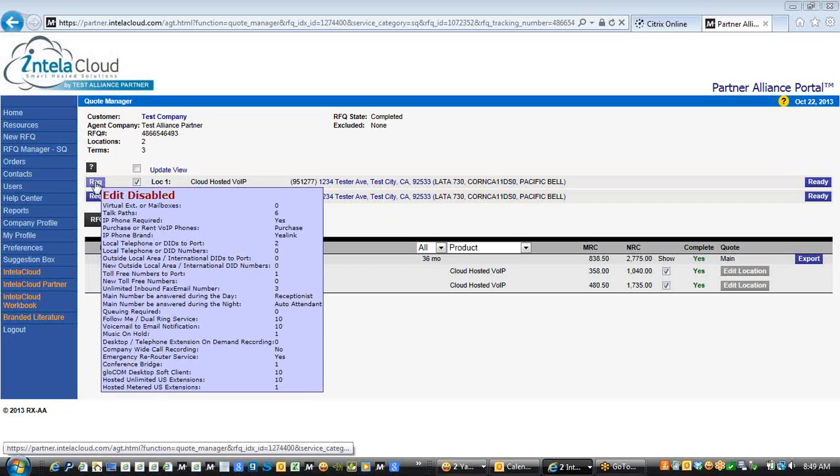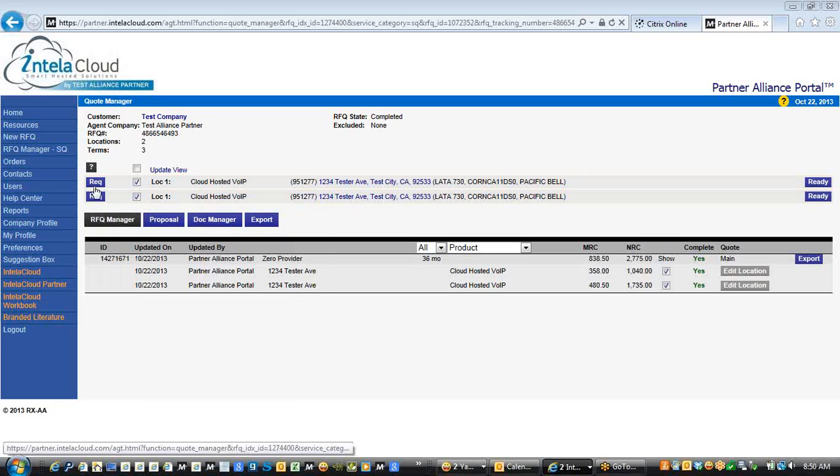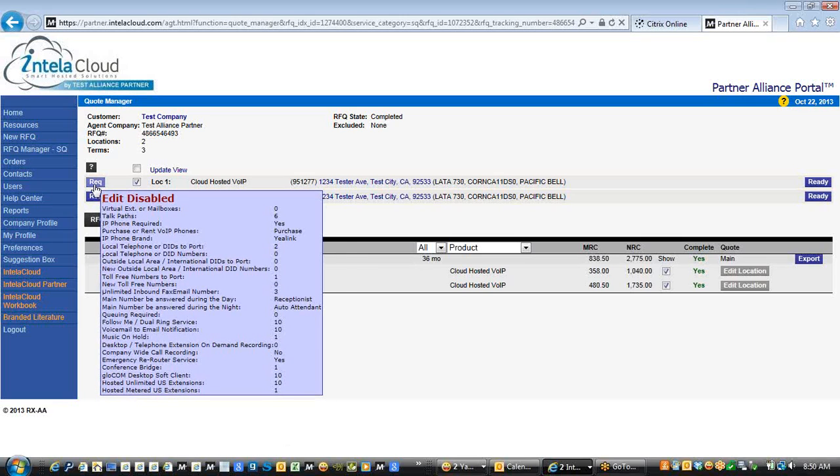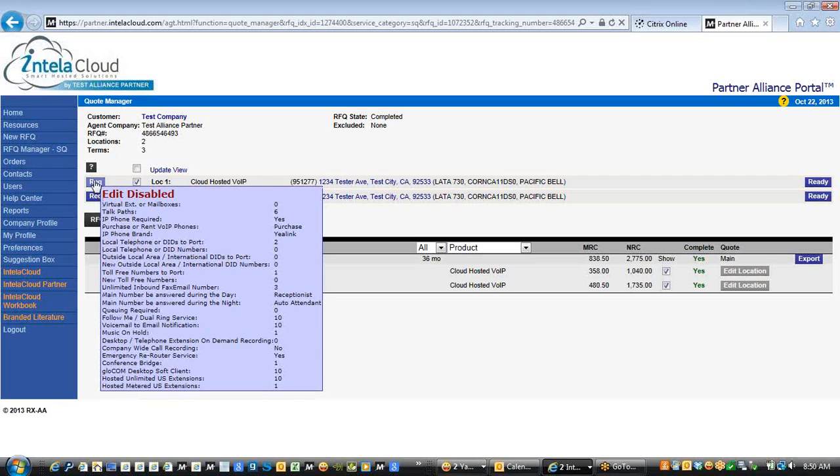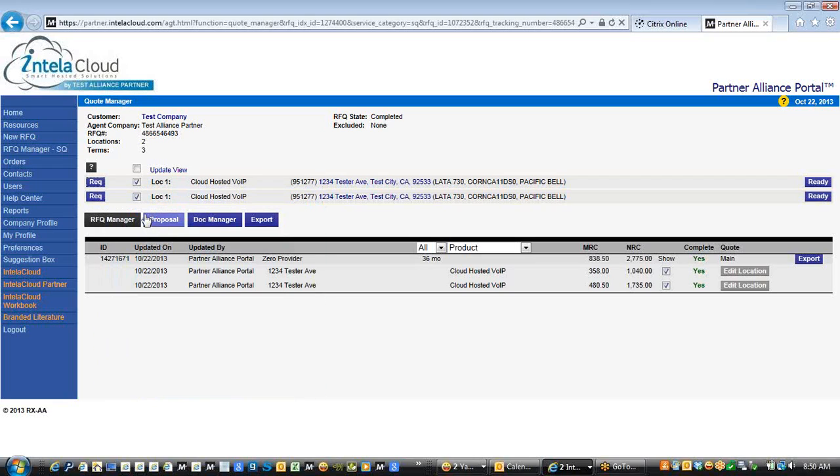They can go in and change the requirement. This is what we asked for at that first location. But let's say the customer changed their mind and said they needed 12 phones, and they needed that router, or they needed this or this. Anything on that list can be edited. So all you would do is click requirement. Well, it's not been enabled, but you'll be able to go in here and click this, change it, and then,